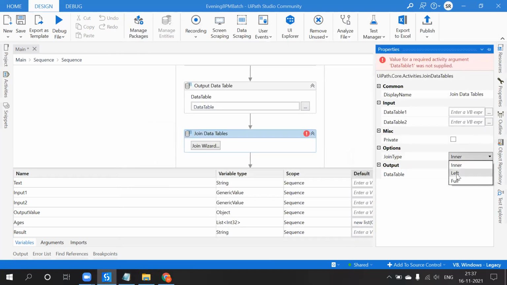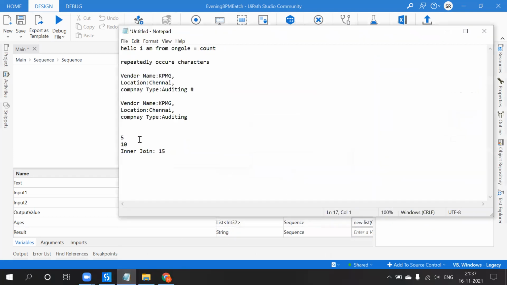And when I use left join, say for example, table 1, table 2. This is the left table and this is the right table. So left join is nothing but